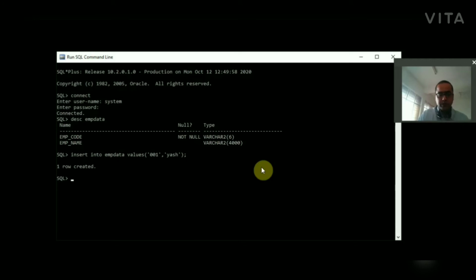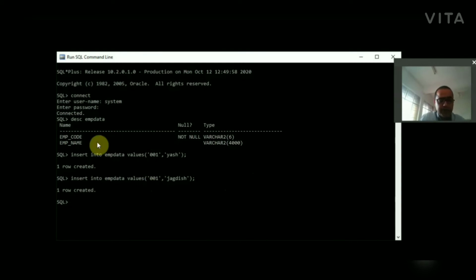So here the row is inserted. Now I again insert exactly the same data, but a different name. Now you can see the EMP code is 001 for Yash and 001 for Jagdish. Is it possible to insert this? Yes, it can be inserted because there is no primary key.